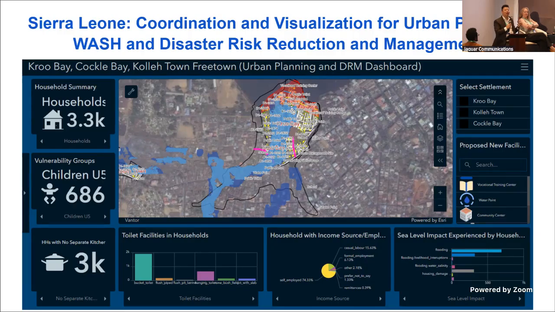So we might need to consider what disaster resilient components need to be factored in while developing those roads. There is other information and other layers on this, like heat and drought. Any other layers could be hosted here. So any organization doing similar work can support local government in data visualization as well as actions that can be carried out. Similarly, there is the same concept in a different setup